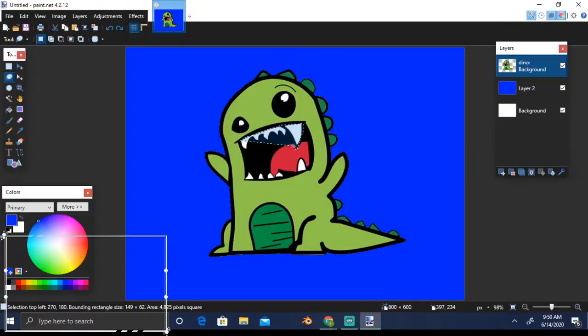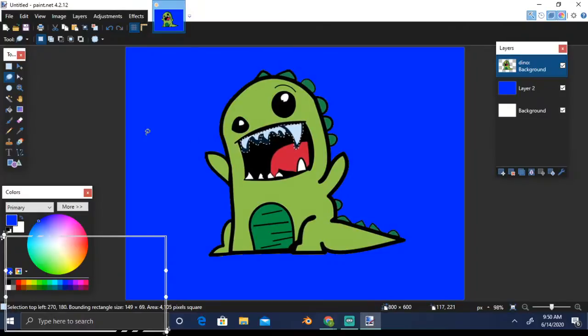Don't worry about this other line. This line will change as your cursor moves. Here I have selected this area, this area, this area, and this area. Only when you release your left click does the selection start.